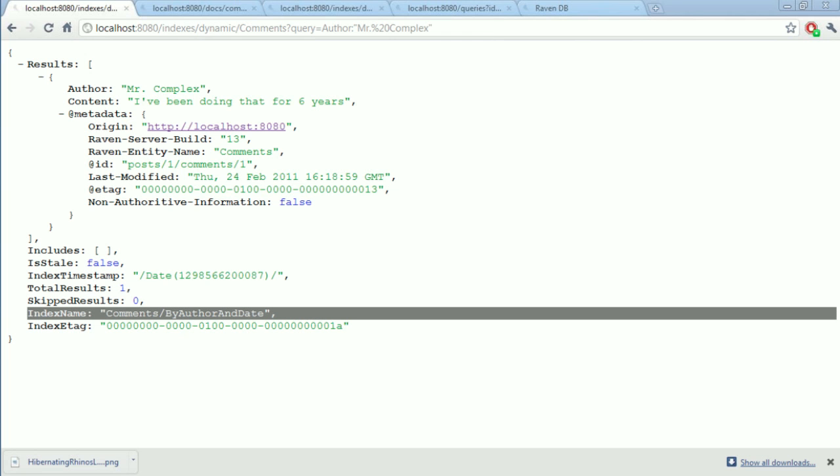And the second option, you can also say, okay, I want to replicate this information not to a different RavenDB database, but to an actual different relational database. So you have these two options.